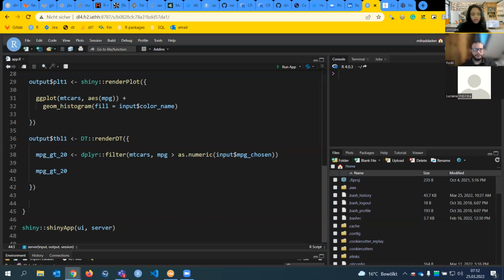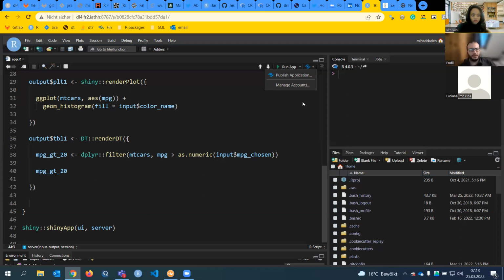Okay, so very quickly, Fidel, could you just show us how to publish your web app? How to publish your web app? Unfortunately, it's a bit complicated. Not that complicated, but it's possible to do it in several ways. You can use a Shiny server. You can use what we call Shiny proxy. And you can use the RStudio platform, which is called shinyapps.io. And the easiest way is shinyapps.io.